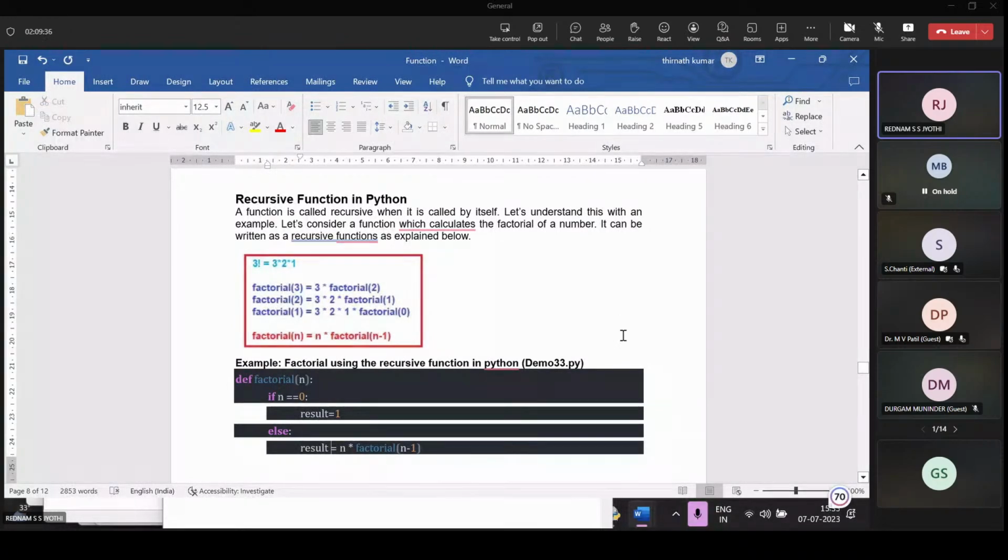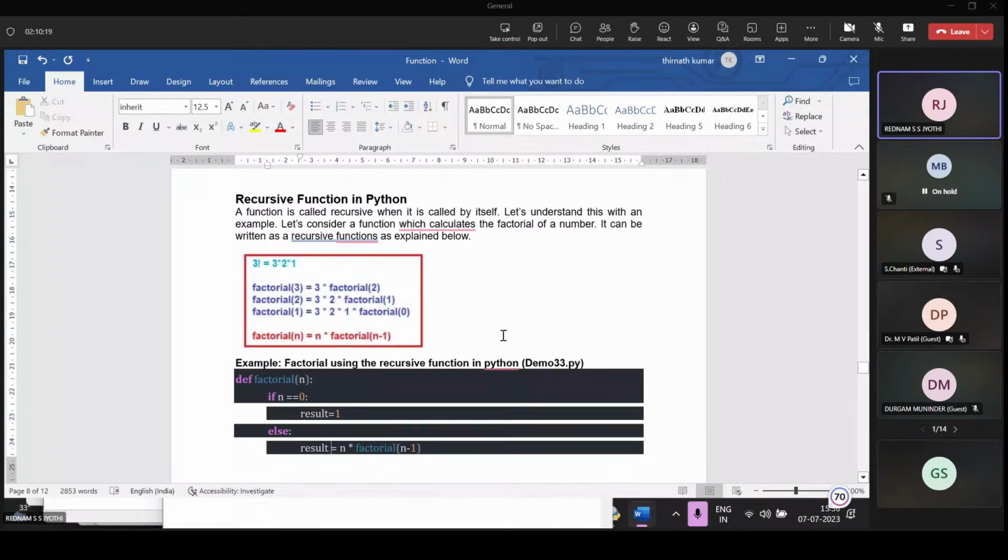So factorial of 5 means what? The factorial of 5 is nothing but the multiplication of the first 5 natural numbers. That is represented as 5 factorial equals 5 into 4 into 3 into 2 into 1. And n factorial means n into n minus 1 into n minus 2 and so on, like 1 into 2 into 3 and so on, n minus 1 into n. So n minus 1 factorial is represented by factorial of n minus 1. Likewise, 3 factorial equals 3 into 2 into 1, and 3 into 2 into 1 is represented as 2 factorial.